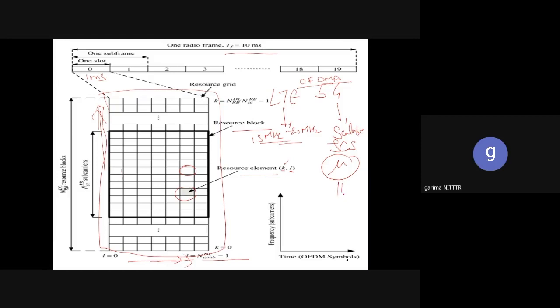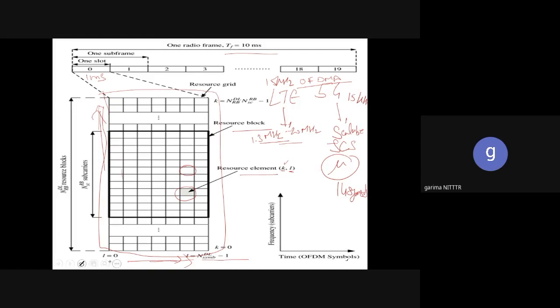Yes, we know it is 14 symbols in one slot. And if we have an increased number of slots as per the scalable subcarrier, then we have a different total number of slots, and the total number of symbol combinations in one subframe will obviously be different. But in general, for 15 kilohertz of subcarrier spacing, as LTE is also using 15 kilohertz subcarrier spacing, the basic subcarrier spacing in 5G is also 15 kilohertz.